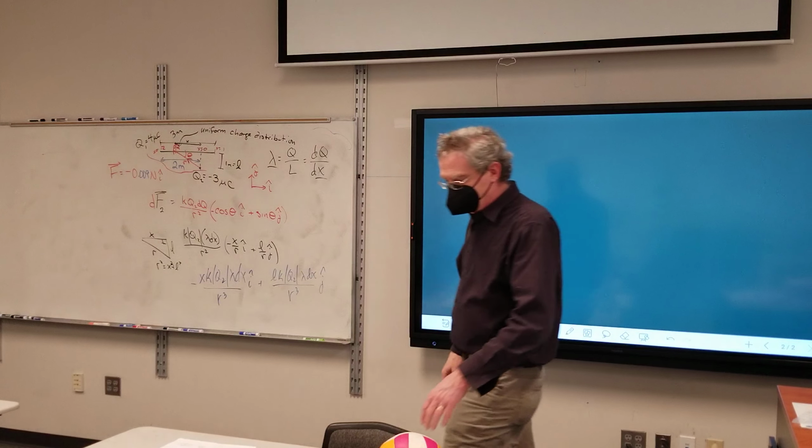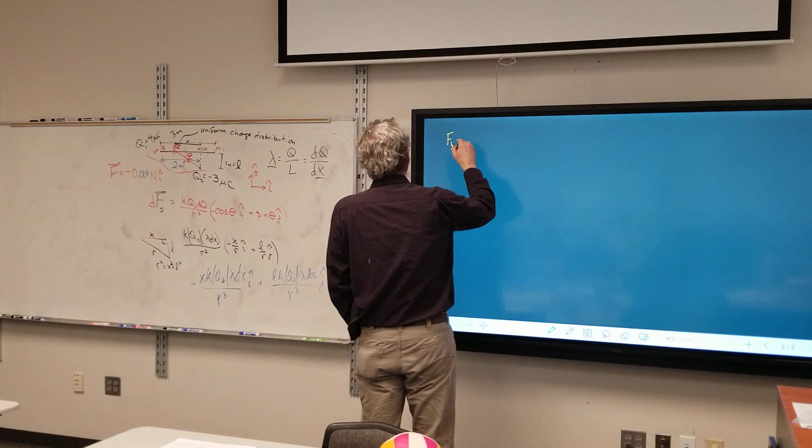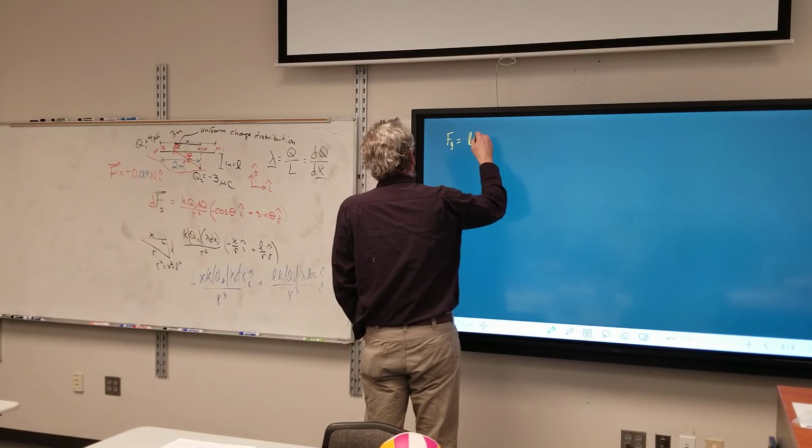All right, now the J-hat piece, this will look a lot similar to what we did yesterday. So we have Fy, lambda, k, Q2,